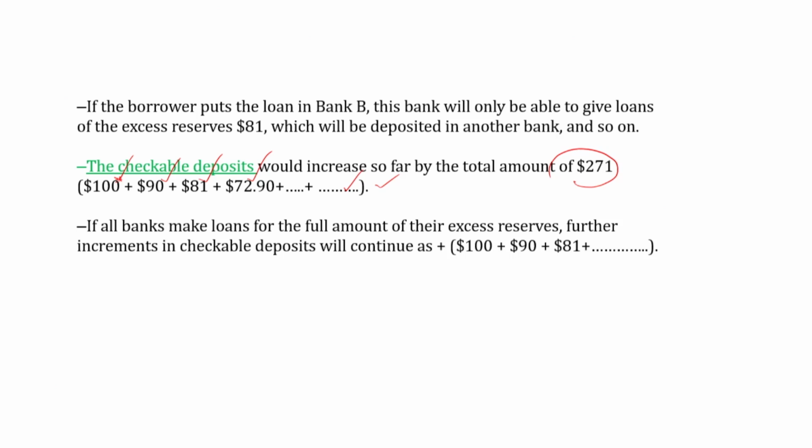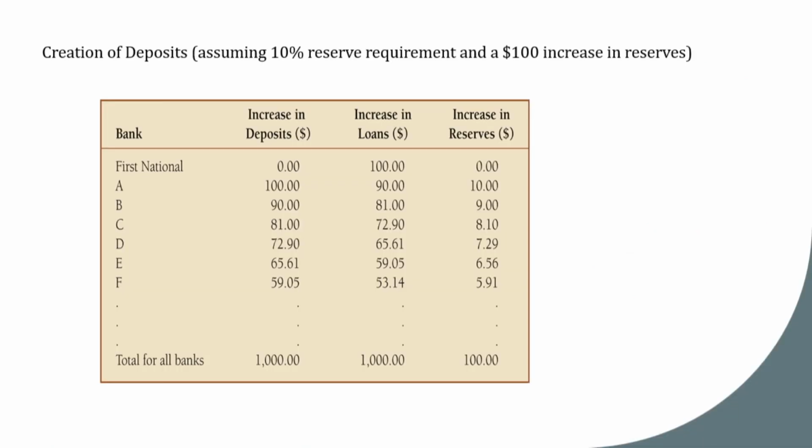If all banks make loans for the full amount of their excess reserve, further increments in checkable deposits will continue in this way: 90, 81, 72.90, plus like that it will keep on going until this money vanishes. So if you present this in a table,